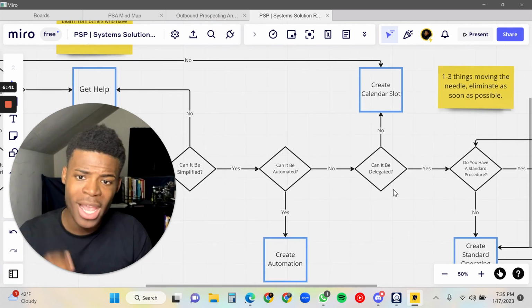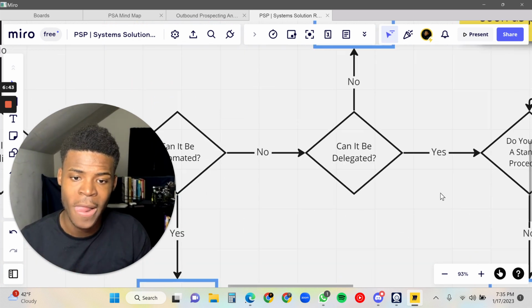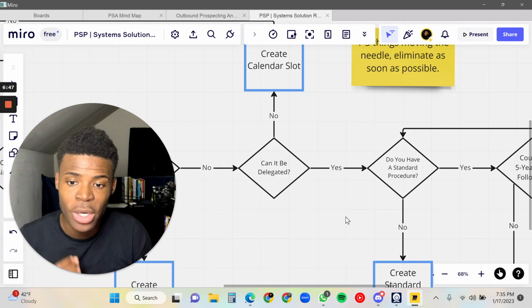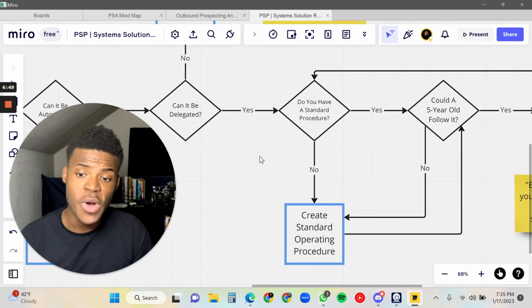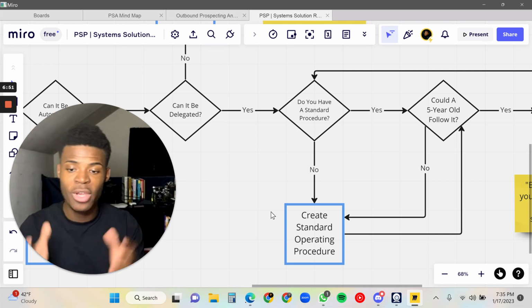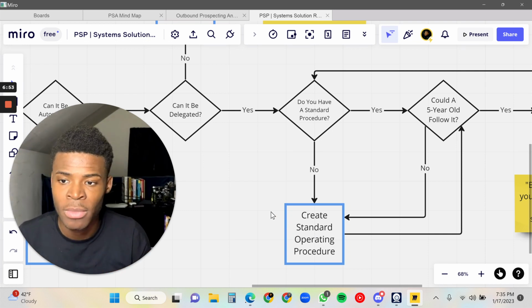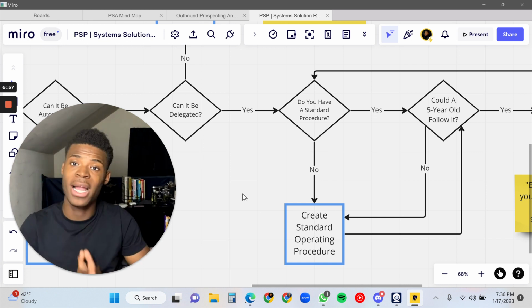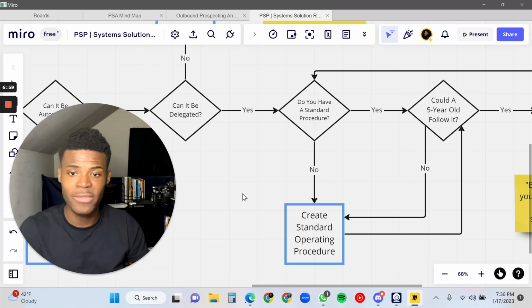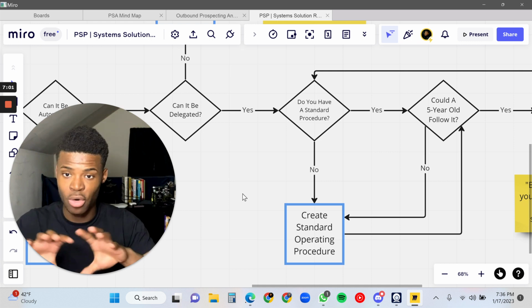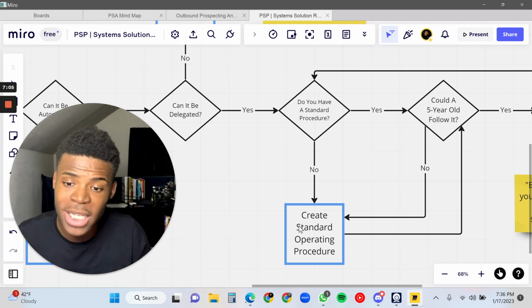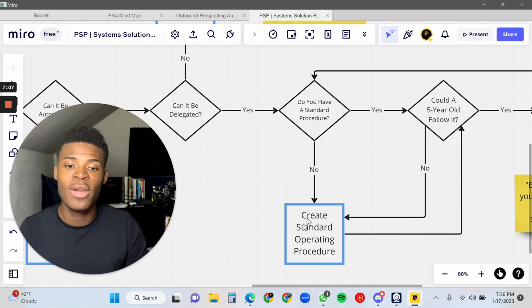Next, if it can be delegated, do you have a standard procedure for delegating tasks or delegating jobs or delegating work, right? If not, create a standard operating procedure, right? Now, if you guys are asking where I got the system from, I got it from another program that I was a part of. I loved it and I wanted to create my own variation of it, right? So, no, create a standard operating procedure. And when you create one,